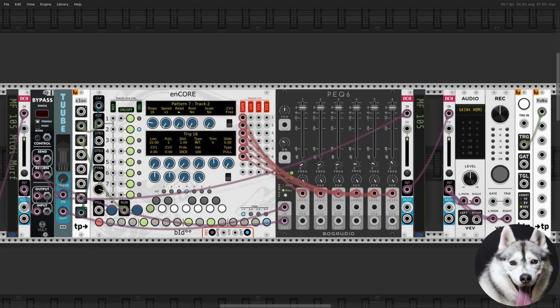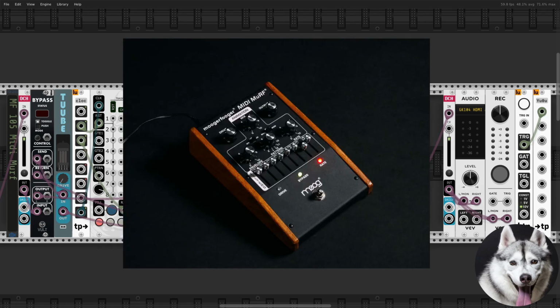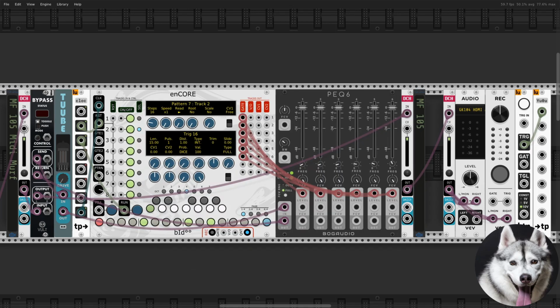The next one is probably my favorite, and ironically it's still a work in progress. It is functional and has some presets, but I haven't found a way to adjust it to 45 HP. I am talking about MF105 MIDI Morph. Morph in this case means Multiple Resonance Filter Array, and it's basically an 8-band equalizer with a sequencer to activate or deactivate each band. While working on this project, I noticed that there are not many parametric equalizers in VCV, so I decided to use